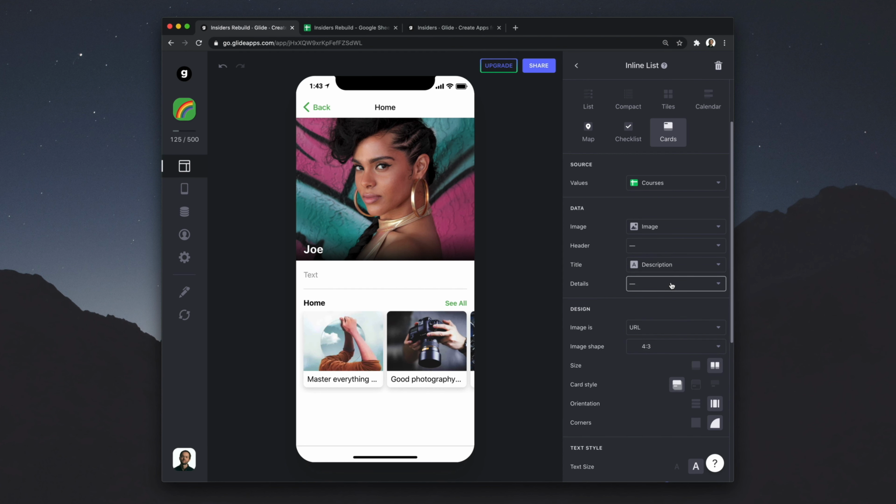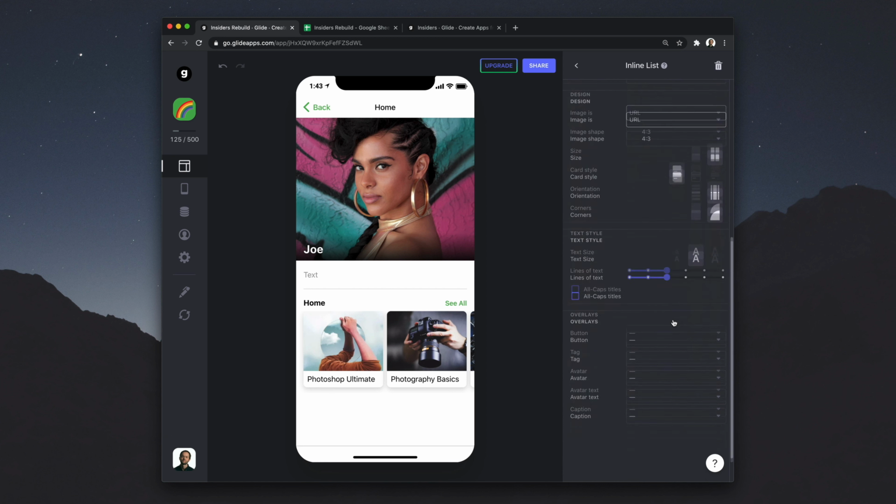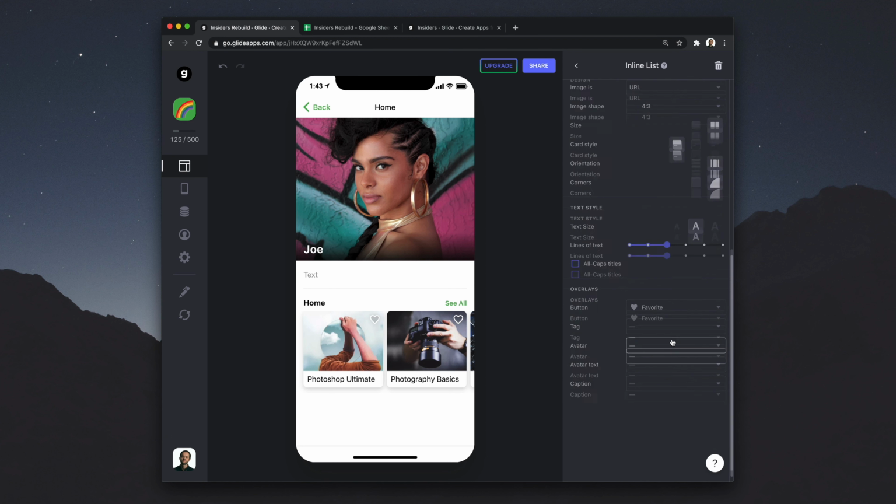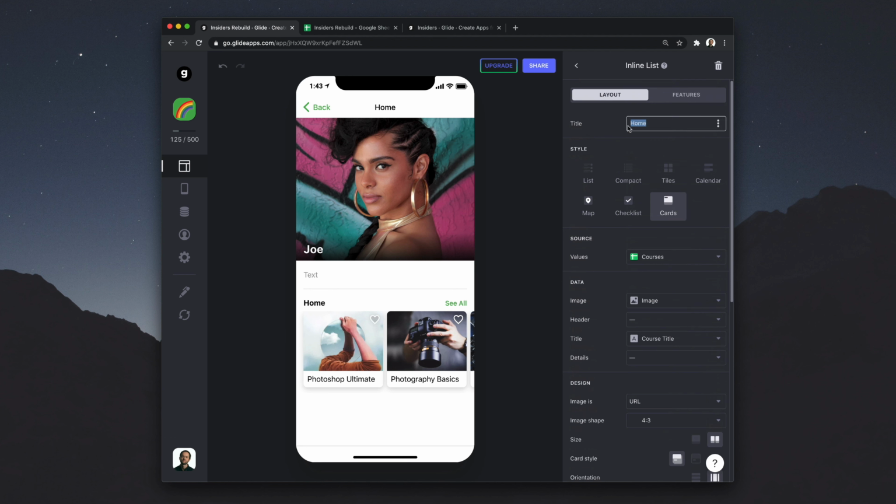Get a bit more what we had before. And then I'm going to add an overlay of favorite. Okay. I'll get rid of the title of this list and I'll write my courses. Great. Okay. So what we want to now do is filter this list according to whether this person has added